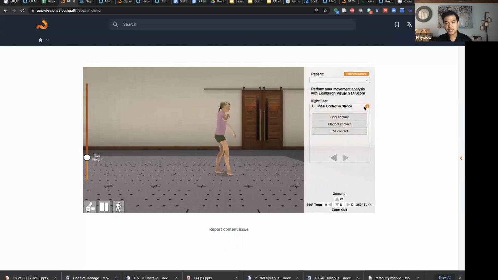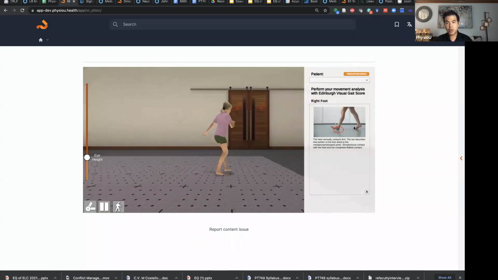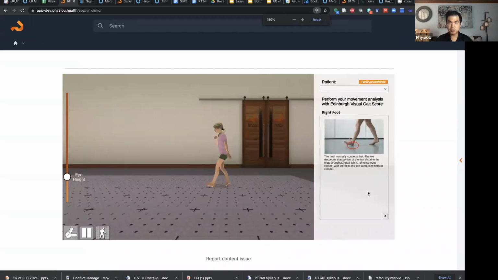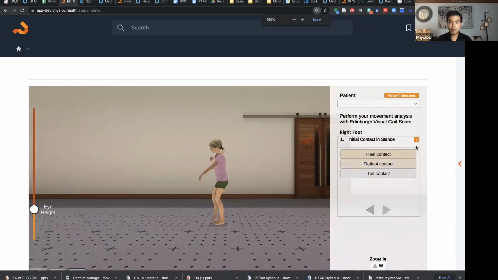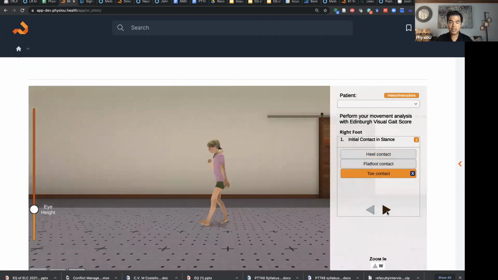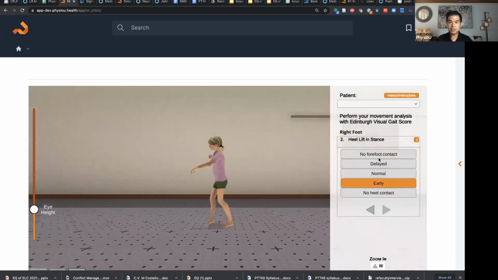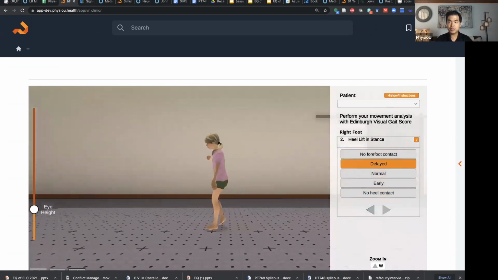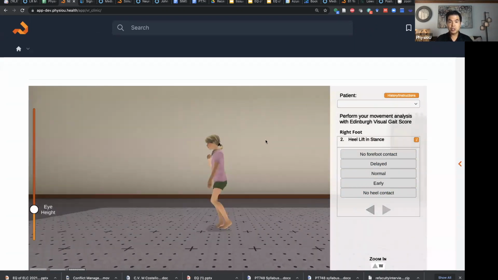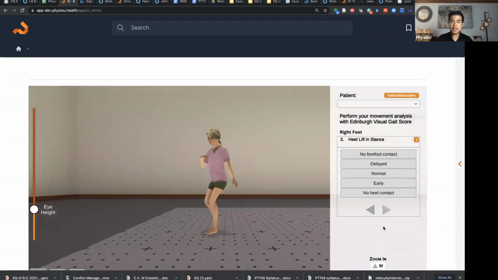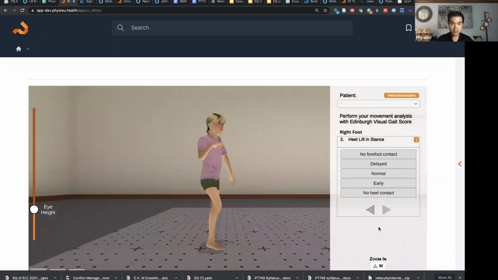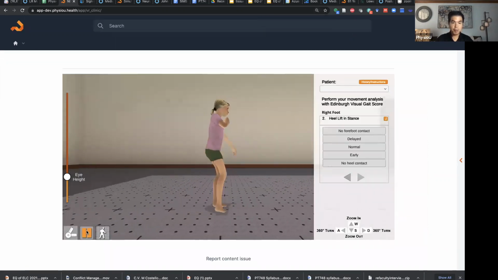So initial contact and stance. This is what we're talking about. That's the descriptor. Sorry, let me see if I can make this a little bit bigger. And now I can say, nope, on that right limb, it is toe contact, and I'm going to keep going. Heel lift and stance. And as usual, there is a descriptor. So the students will go through this, and at the very end, they can, let me zoom out just a smidge here, pause the patient,